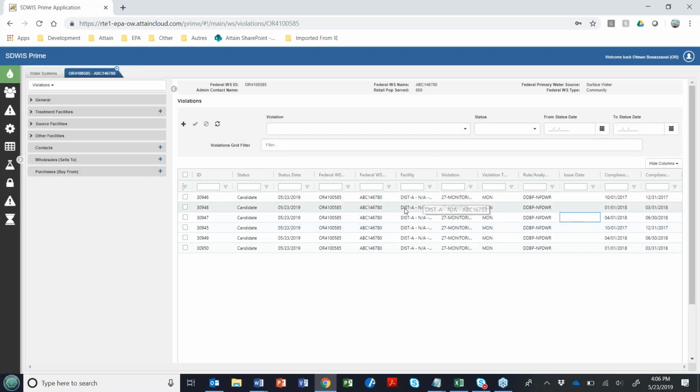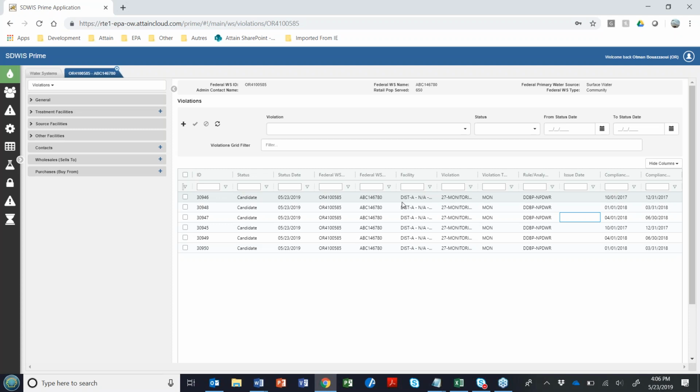So you might be asking yourself why the two analytes are not grouped together in one row or one violation, and then they would have the same information. This is something actually that we're working on. It's a future functionality that we're going to have, or we still didn't implement. For now, any monitoring violations that you're going to see created by the BRE, the BRE creates one per analyte, and that's why we have 6 here.